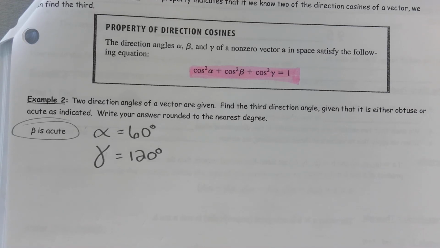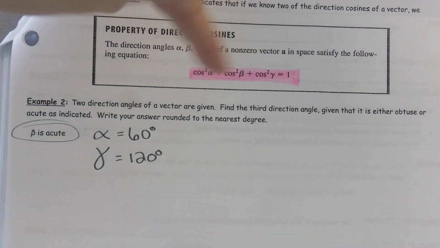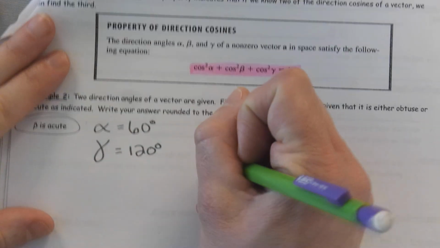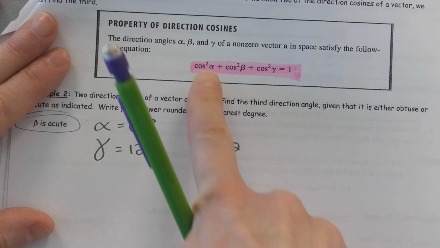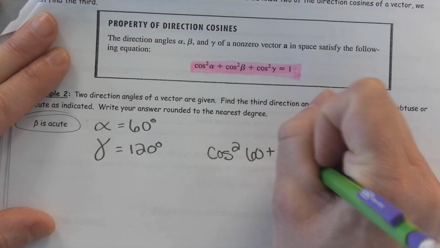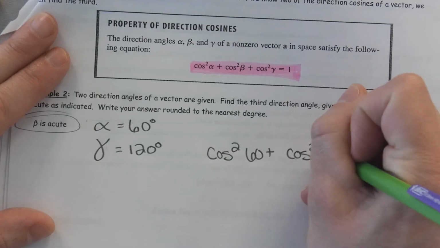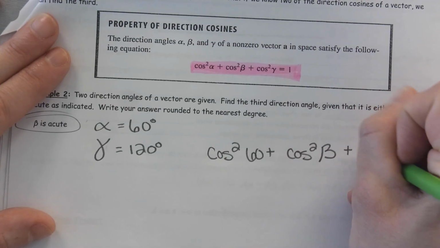That's going to actually be a fact that helps us a lot. So we're going to use this formula because we don't have the same information we had in the first example. So now we need this one. All right, so I'm going to plug stuff in. Cosine squared of alpha. What was alpha? Plus cosine squared beta. Do I know beta? No, that's the one I'm after. Plus cosine squared